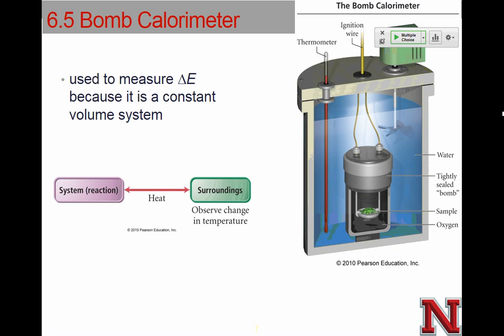Oftentimes what we'll look at in this case, we have this water. So here we have water. Here we have our sample if we're measuring, let's say, combustion. So combustion will occur, the reaction will occur, and that will transfer heat from the reaction, from our system, into our surroundings, which is water. And then we can measure our change in temperature of the water. And then our Q calorimeter in this case will likely be equal to our specific heat of water,